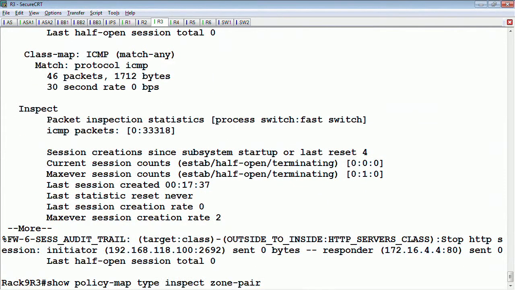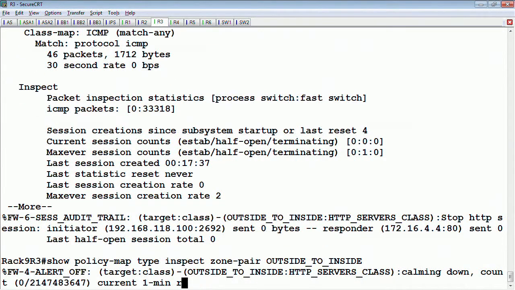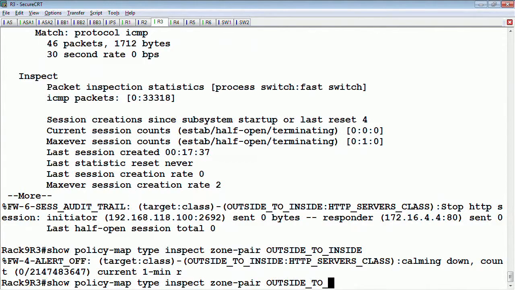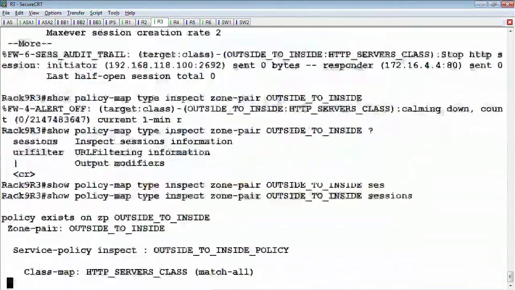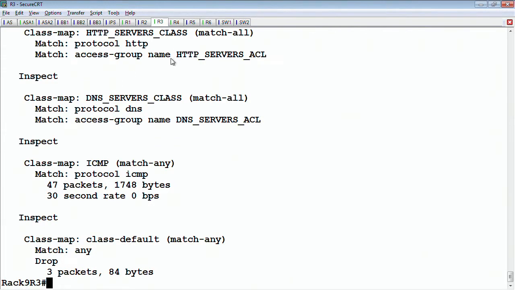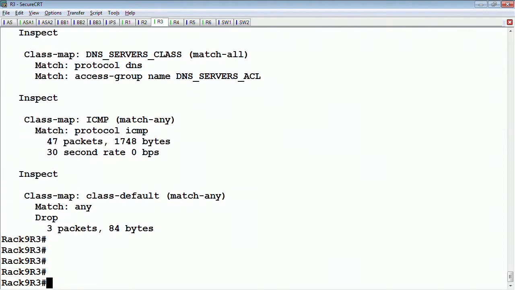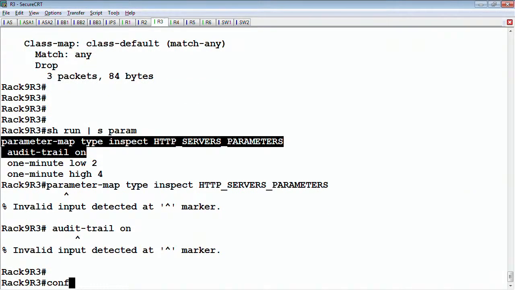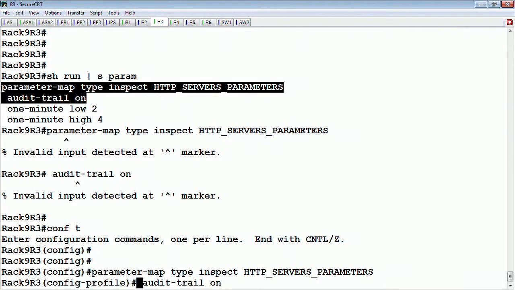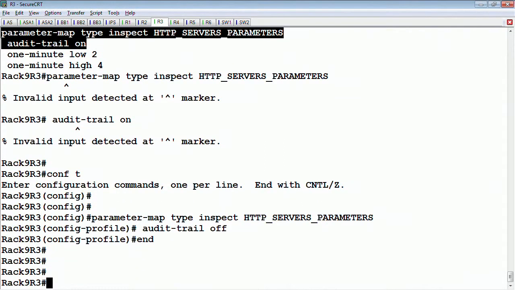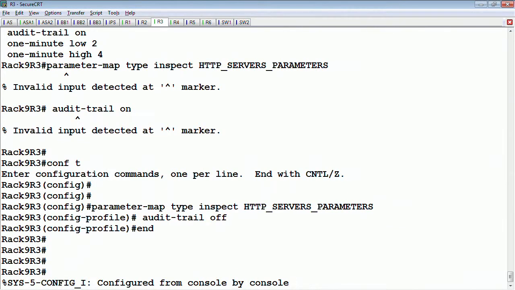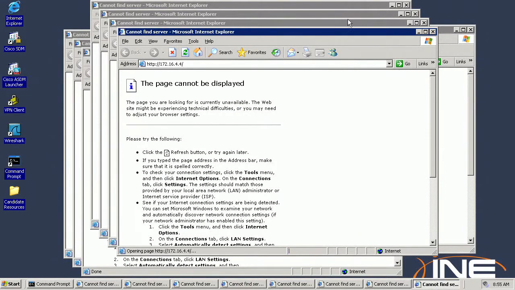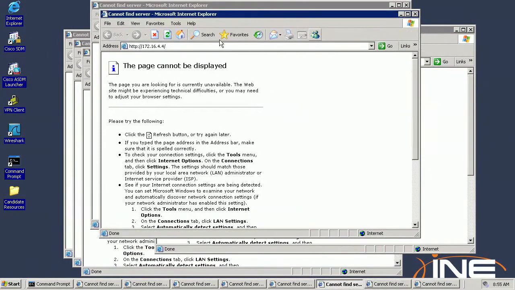And let's look at these individual sessions. We'll say show policy map type inspect, zone pair outside to inside sessions. Then let's try this again. Now, one thing I'm going to do just to make this a little bit clearer in the logs is to turn the audit trail off. So you can see just with the few sessions that I have going on, it's pretty confusing to try to read through the logs. So let's say audit trail is off. So let's try this again. From the web client, if we simply refresh these sessions,